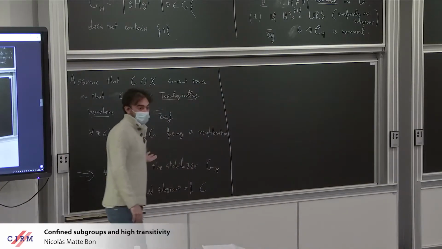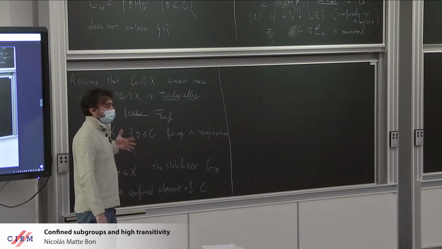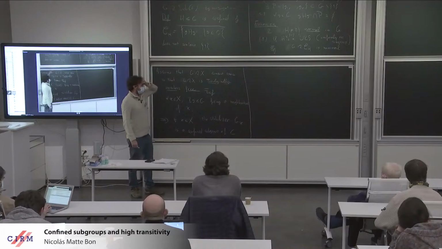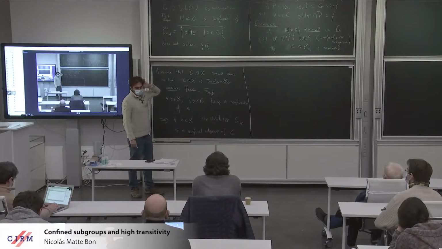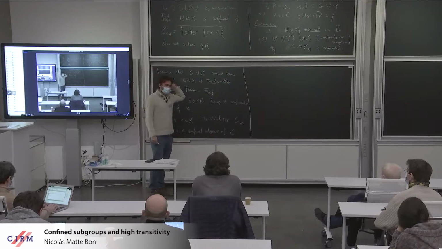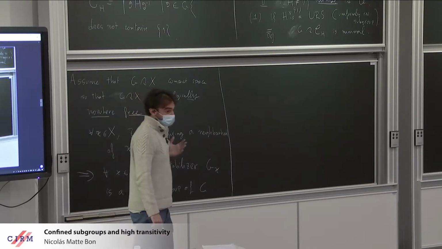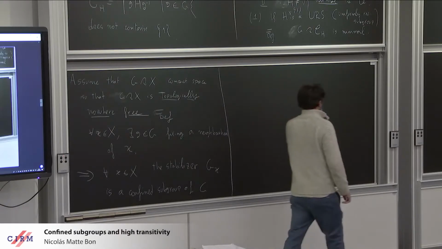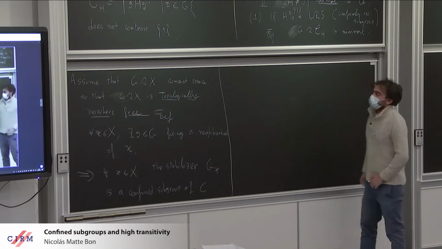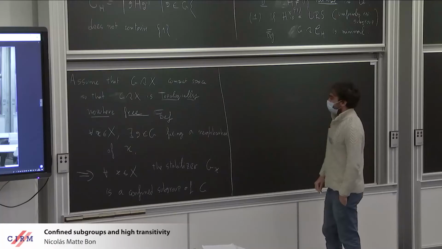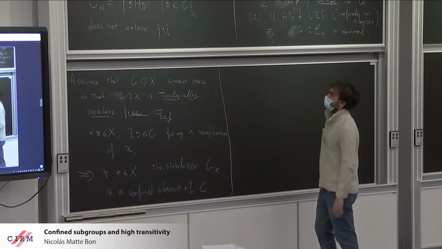It arises from topological dynamics, and understanding in a systematic way confined subgroups of various groups has a lot of applications to various different problems. The terminology was coined by Zaleski, Father, and some collaborators in a setting of locally finite groups, pretty far from what I will discuss, in order to study group algebras of locally finite groups. But then there are applications to C-star algebras, to rigidity properties, to group actions on compact spaces. And today what I want to talk about is a new application of this notion